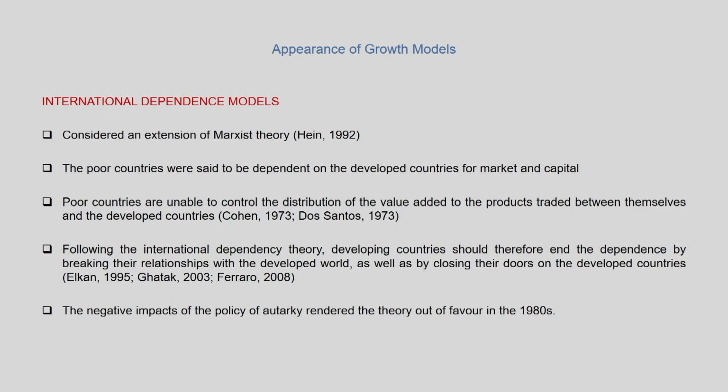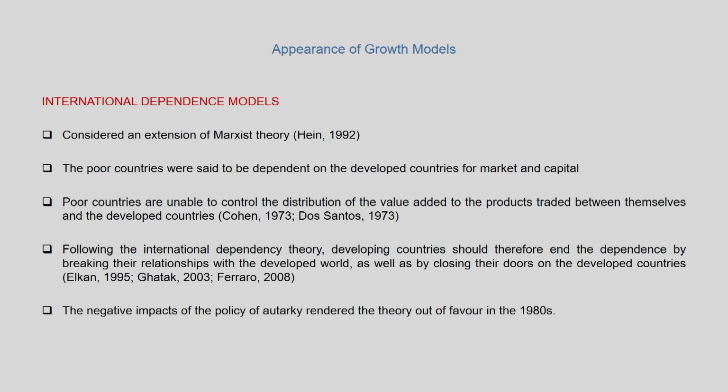They argued that underdevelopment exists because of the dominance of developed countries and multinational corporations over developing countries. The poor countries, it was said, were dependent on the developed countries for market and capital, and developing countries received a very small portion of the benefits that the dependent relationship brought about. So there was an unequal exchange in terms of trade against poor countries, and this made free trade a convenient vehicle of exploitation for the developed countries.